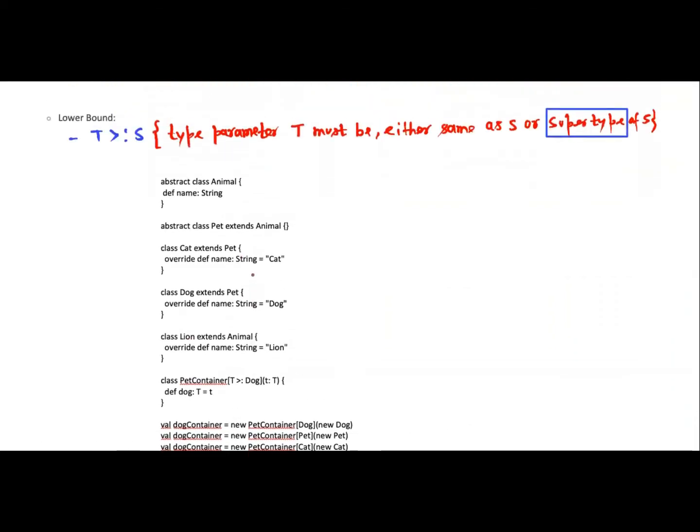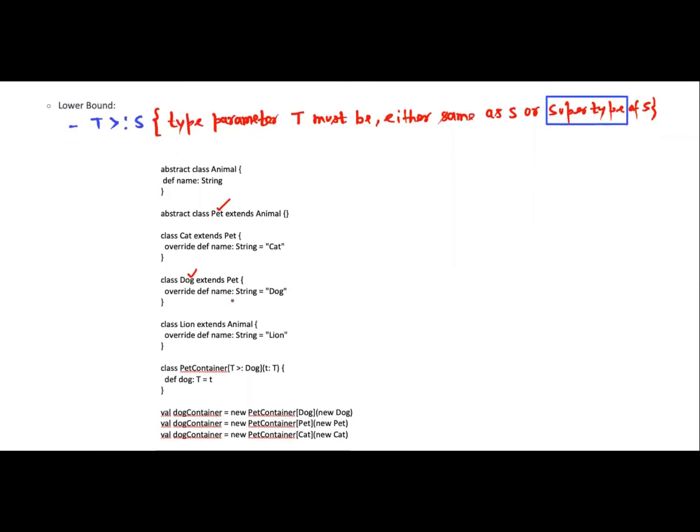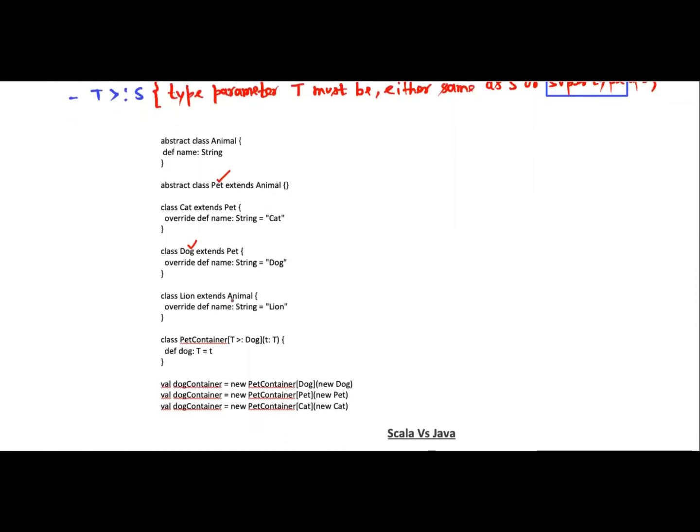So we can pass either dog or pet. So whatever the implementation class of pet is, we can pass that. So this dog would be executed fine, no issue. This cat will not be executed.